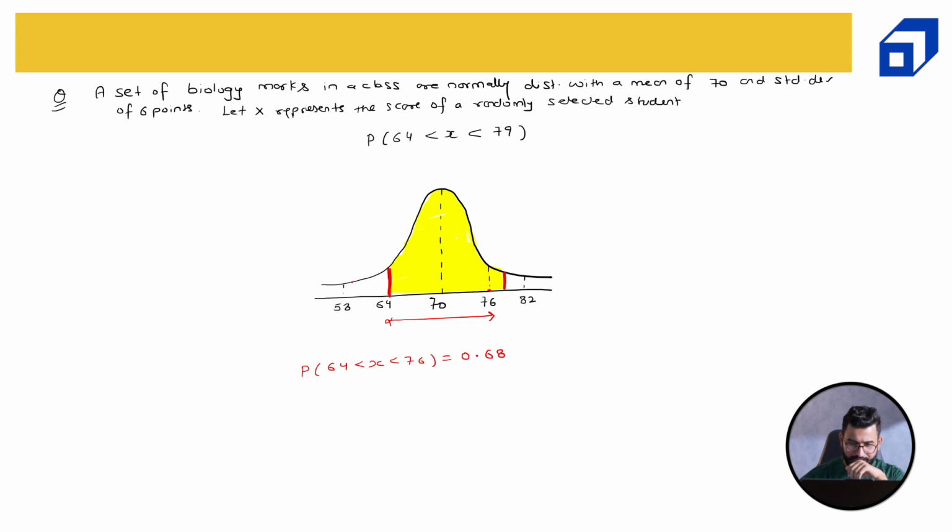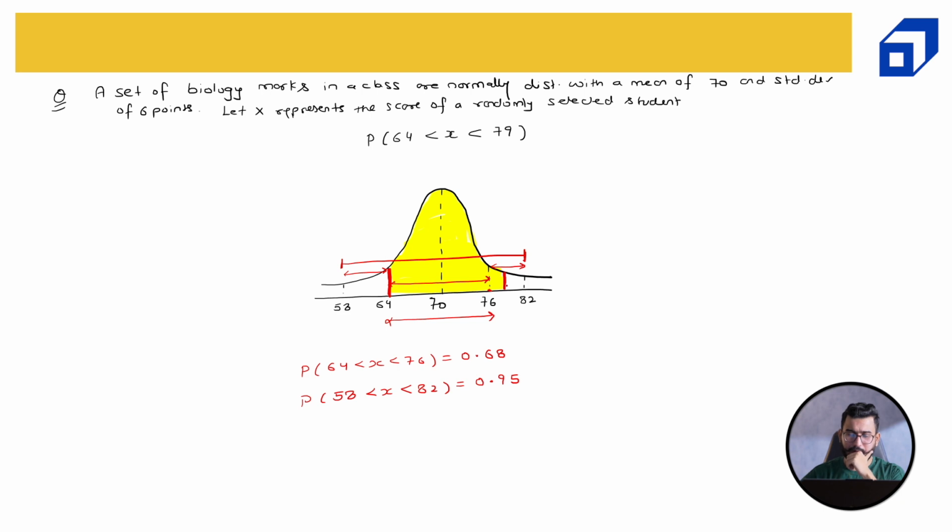From 58 to 82, the probability of a data point between 58 and 82 is 0.95, 95%, right? If I subtract this middle portion, I will get this portion and this portion, and